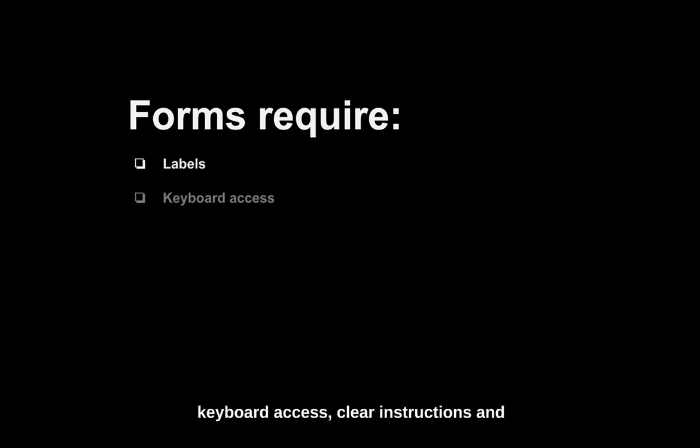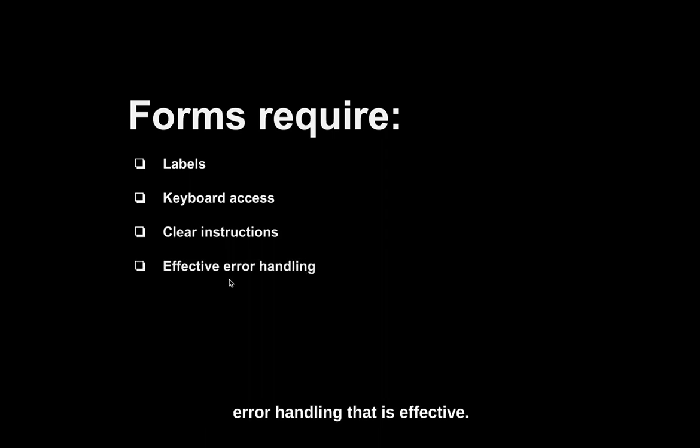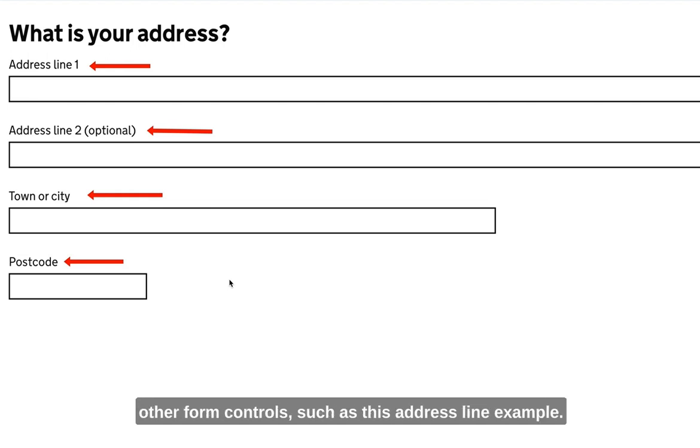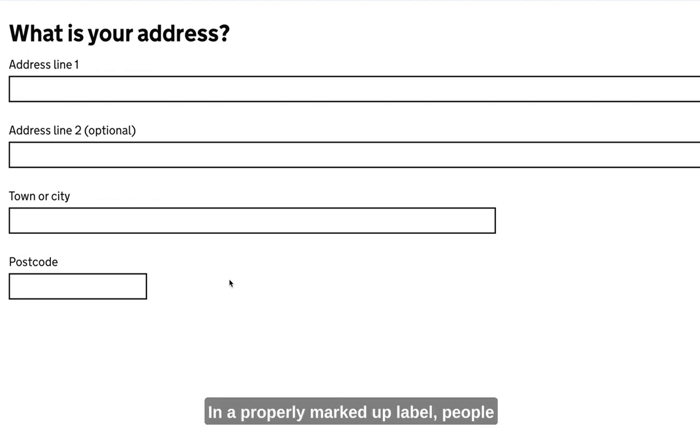Creating accessible forms requires labels, keyboard access, clear instructions, and effective error handling. There are usually visible labels on text fields and other form controls, such as this address line example. With a properly marked up label, people can interact with them using keyboards,